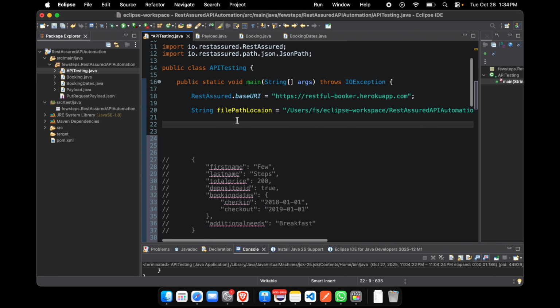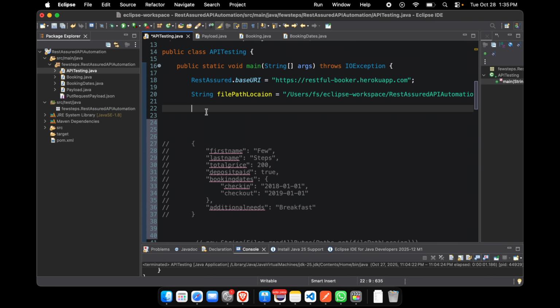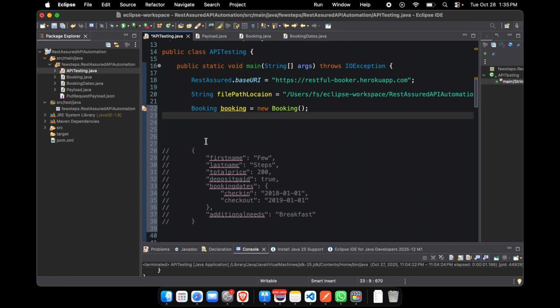Now we need to initialize this body payload, right? To do this, we'll use those two POJO classes. At first we need to create the object for that class. The class name is Booking. So we can write booking equal to new Booking. Now we can set all the values, like booking dot